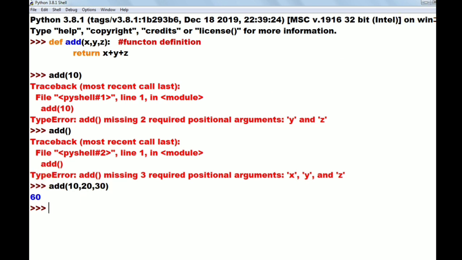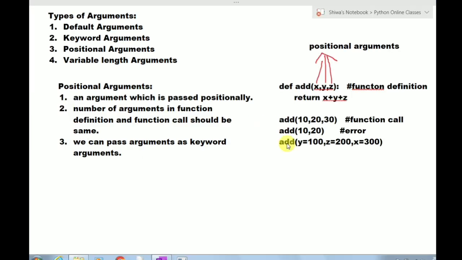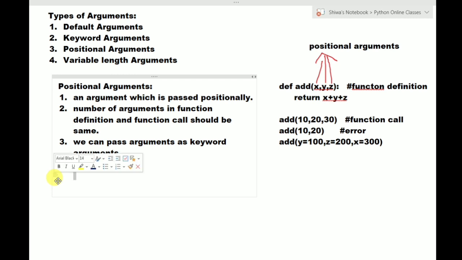Okay. Now see about positional only arguments. Okay, what is positional only argument?